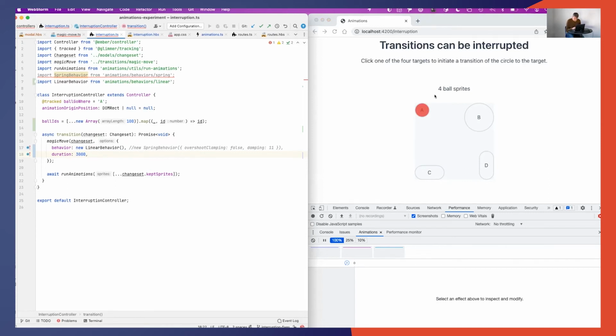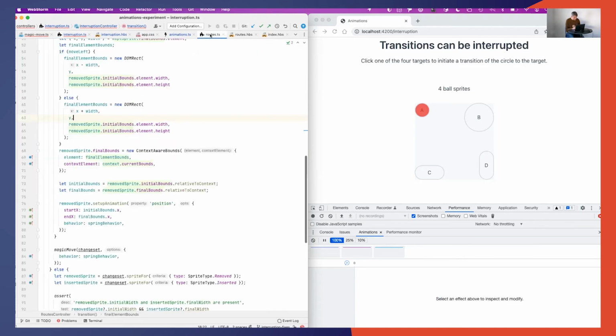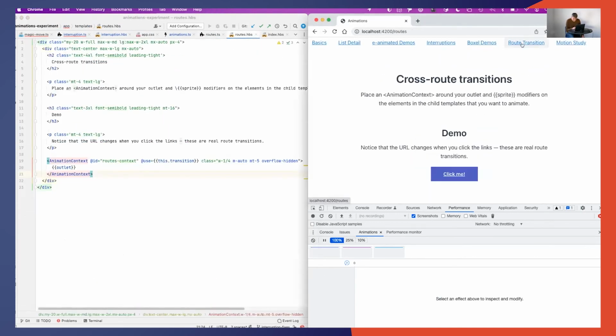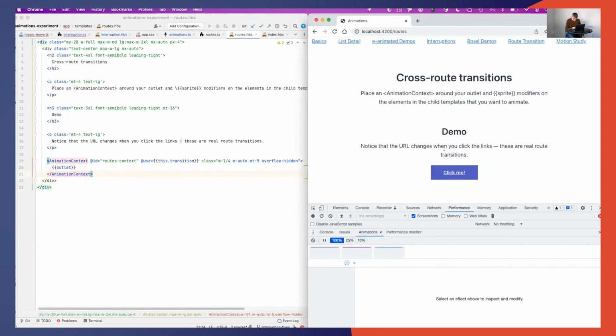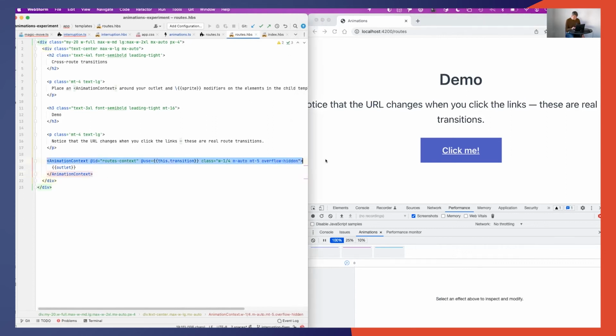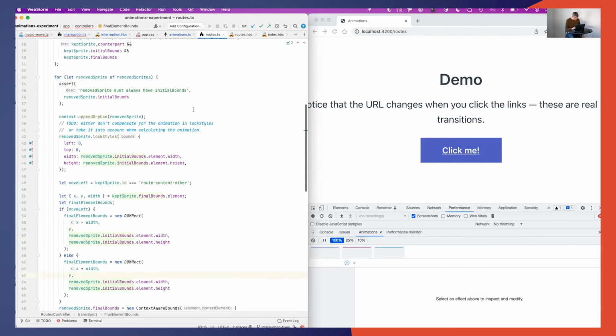Yeah. Let me see. So a final example, I guess, would be another demo that we have here called route transition. This is a demo that consists of 3 routes. There's a parent route and 2 child routes. The parent route has the animation context in this case, where we define a transition, which is in this case also